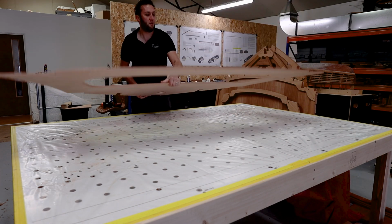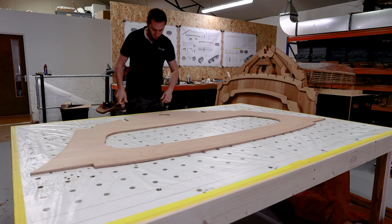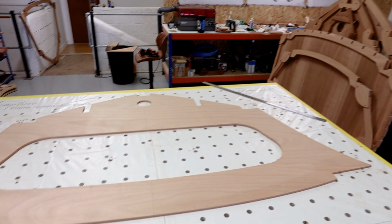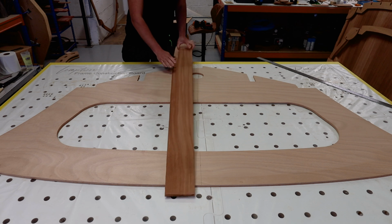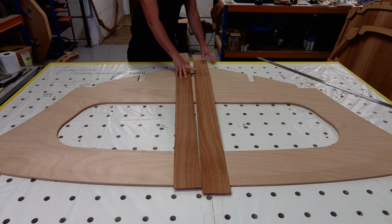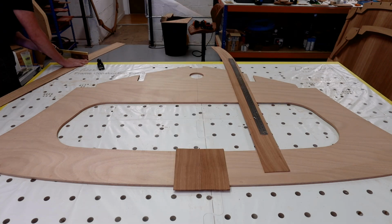So we're starting out with a CNC cut bulkhead. So we've got gaboon plywood for the core of this bulkhead, and we're starting out with a 12mm bulkhead. I'm going to put a 3mm utility veneer on either face of this, so we end up at our finished 18mm desired size. As I mentioned, I'm book matching the veneers on this, so that involves resawing veneers and unfolding